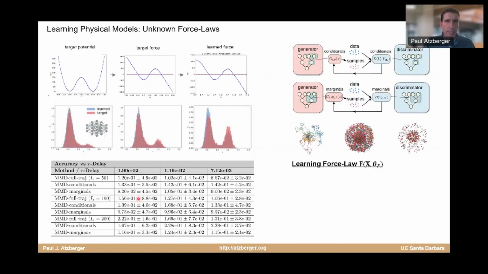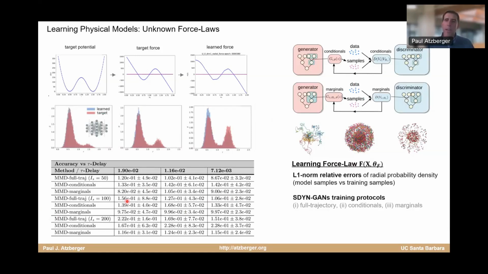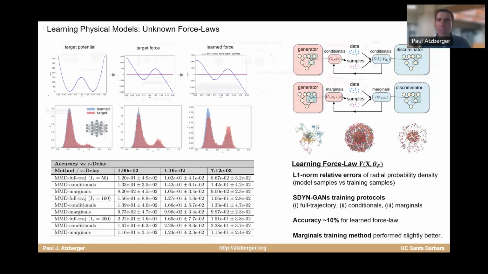And then this is just showing some quantitative results. And again, we did some studies as we varied the temporal sampling parameter. So I won't go into a lot of detail there, but just to show that, yeah, we're able to learn nonlinear force laws. And we're kind of pushing this in a number of directions to improve both the dimensionality and the complexity of the problems that we can deal with. But I hope this gives kind of a proof of concept of some of the recent work that we've been doing. And I'd be happy to talk more about that